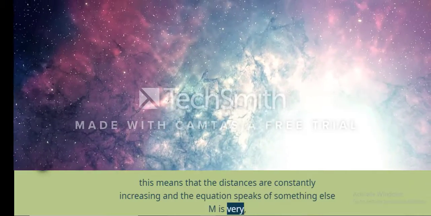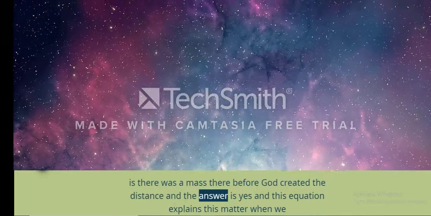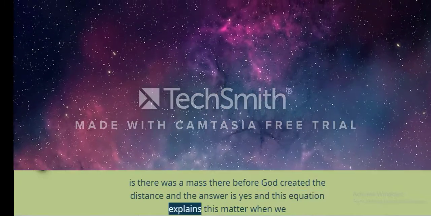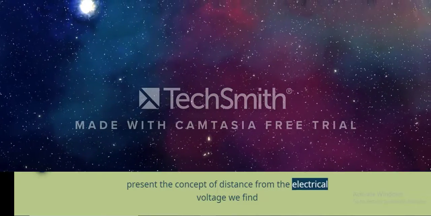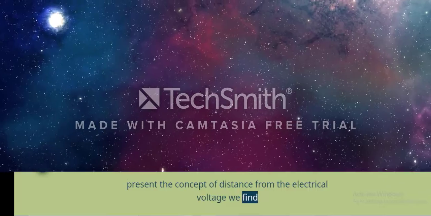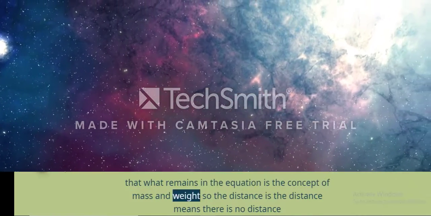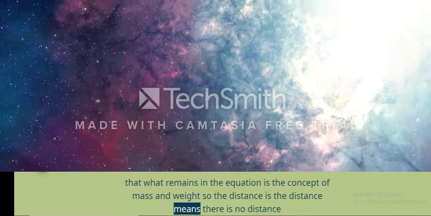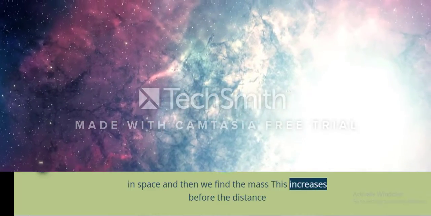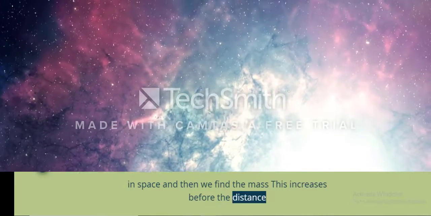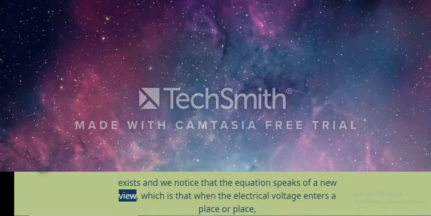Was there a mass there before God created the distance? The answer is yes, and this equation explains this matter. When we remove the concept of distance from the electrical voltage, we find that what remains in the equation is the concept of mass and weight. So if there is no distance in space, we find the mass. This exists before the distance exists, and we notice that the equation speaks of a new view, which is that